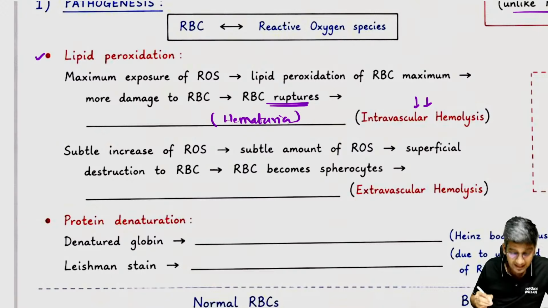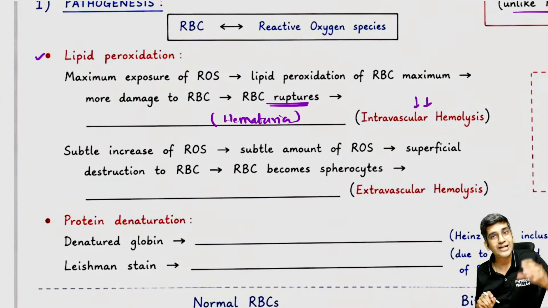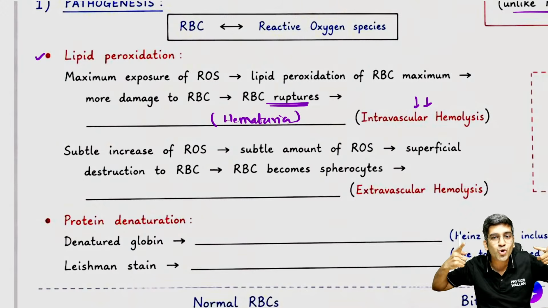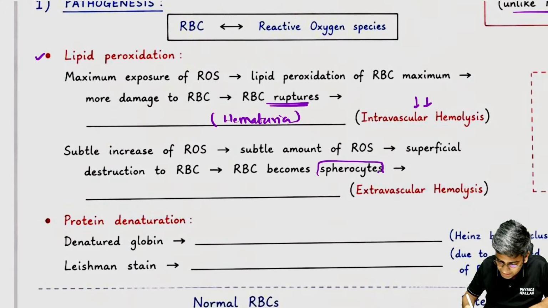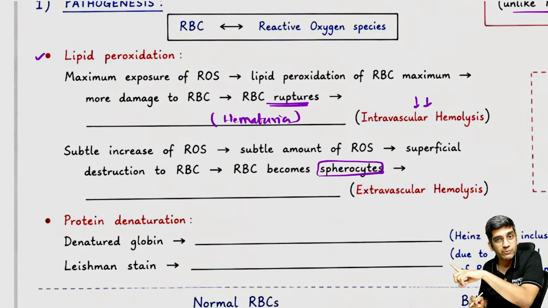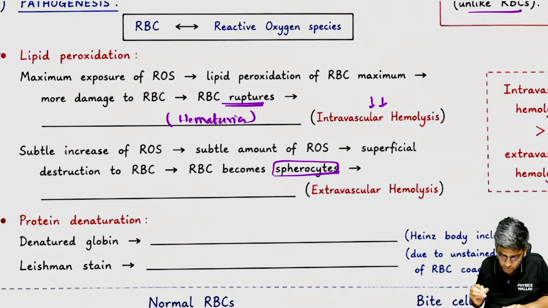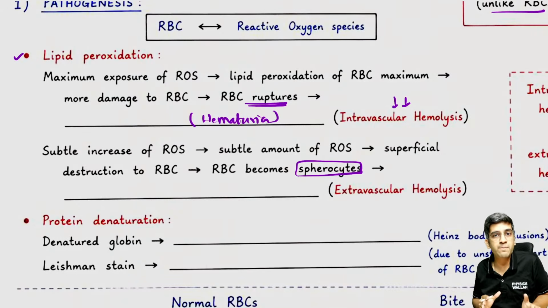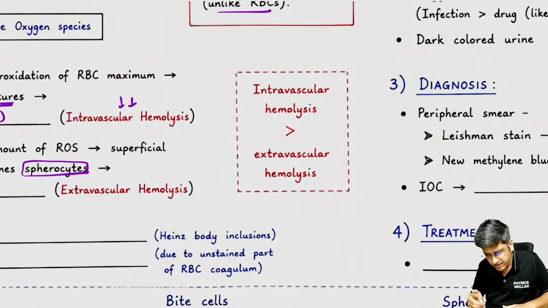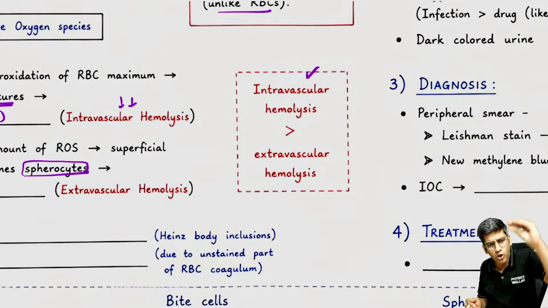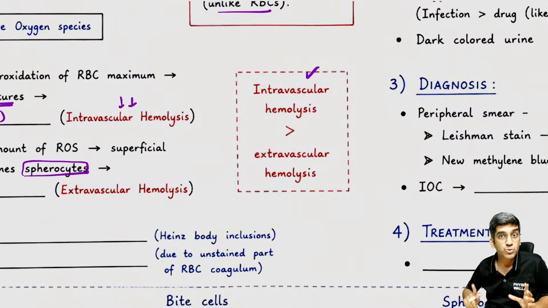Okay. If the reactive oxygen species is subtle, not that high, a little bit elevated, I cannot rupture the membrane, but I can weaken the membrane. The moment it weakens, the force goes off, right? So it will become a spherocyte. This will cause extravascular hemolysis, same like your hereditary spherocytosis. That's all, right? Perfect. And if there's an MCQ, for G6PD deficiency, definitely intravascular hemolysis is more important than extravascular hemolysis because this happens after fever. In fever, I will never have less reactive oxygen species. I'll always have more reactive oxygen species, right? So that's what's going to happen here.